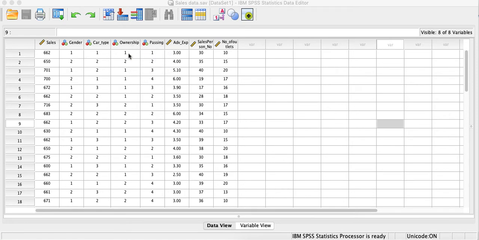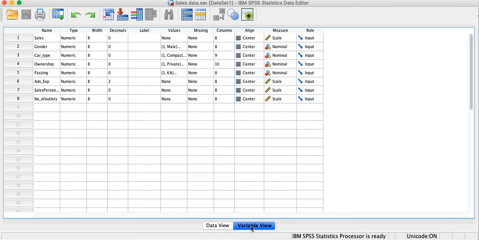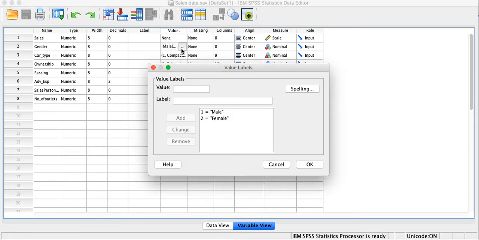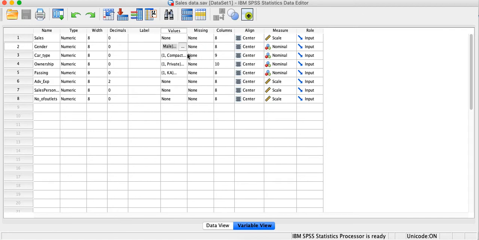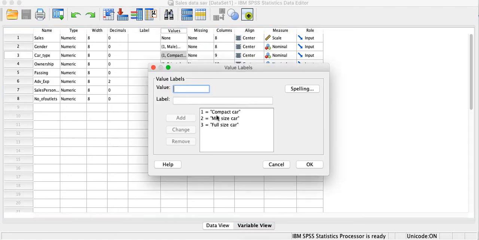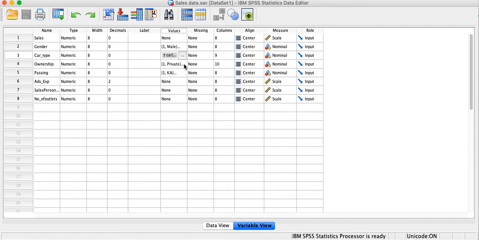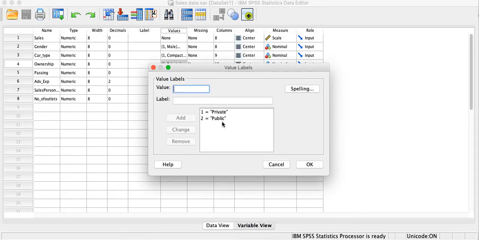Ownership has only two categories. When it is gender, we have only male and female. If I click on car type, we have three categories, and for three categories we have ANOVA, so we cannot use it for a t-test. For ownership we have private and public, so we can use it for a t-test.